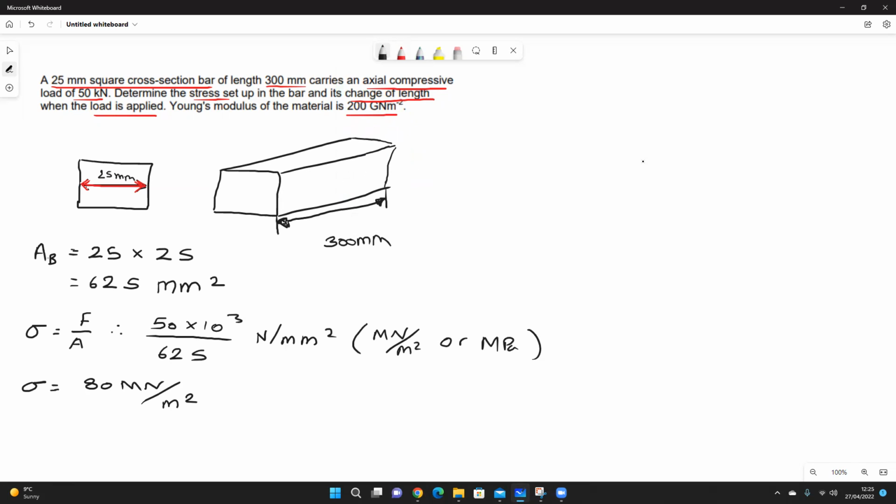So we know the strain equals the stress, the axial compressive load which the beam is subjected to, over the cross-sectional area. To calculate the strain, we can now do the stress, which we calculated to be 80,